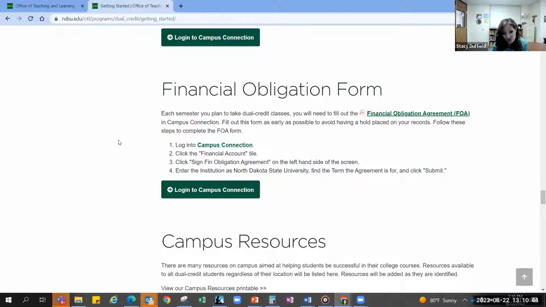Because you're dual credit students and it's your first time working with NDSU, we will send you a paper copy of the bill, and we will also have a copy in Campus Connect, and you can pay it either way. So if you're more comfortable just sending like a check through the mail, that's fine. Or if your parents or you want to go in and pay it online, you can also just pay the bill online as well. But make sure you read through it, because depending on the form of payment you use, there might be a fee attached to it. And so you want to just make sure you know as you look through that what you want to do.